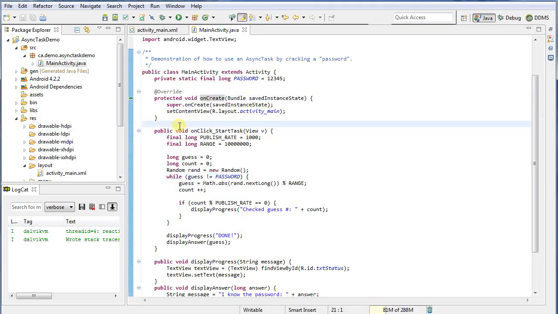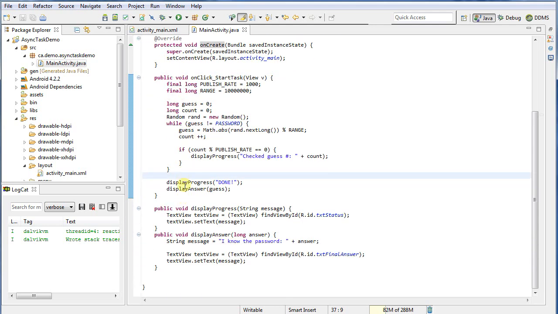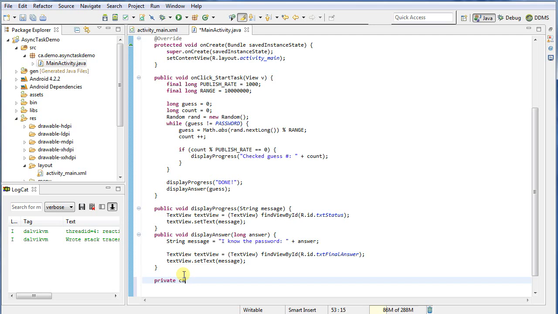So what's the solution? Well, the solution is to use an AsyncTask. So we're going to push all of this computation onto a background thread. So let's go down here and we're going to create this background thread. This is going to be a private class inside of my existing class. And let's call it PasswordGuesserTask. And it's going to have to extend AsyncTask,